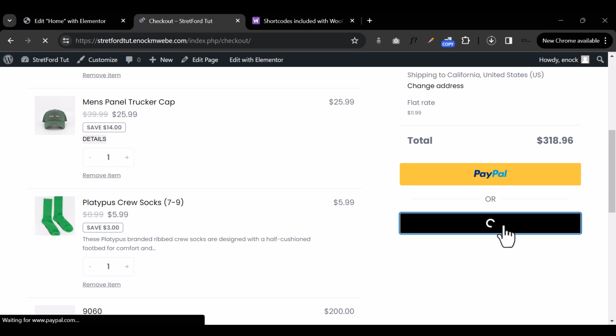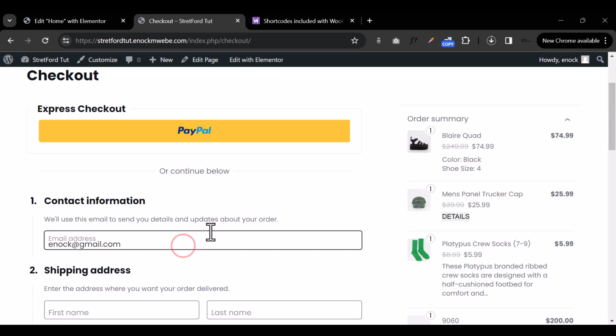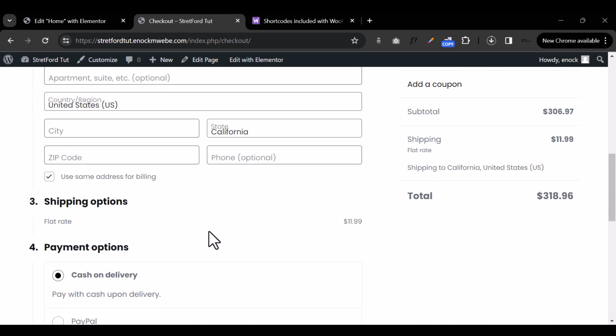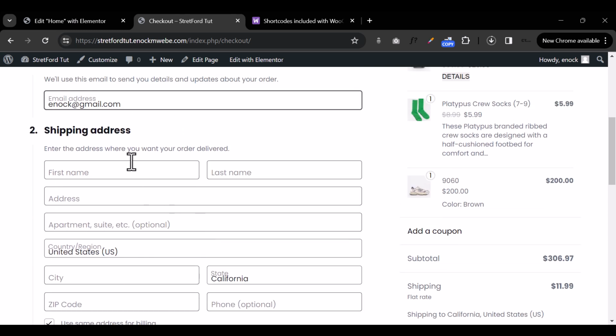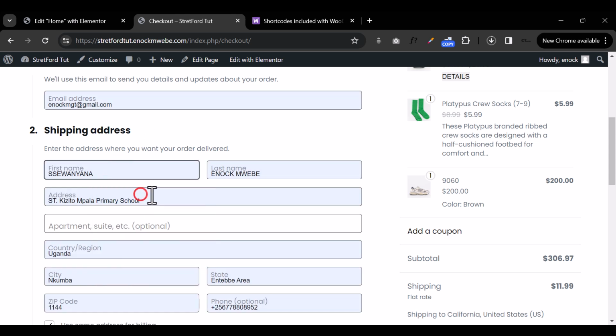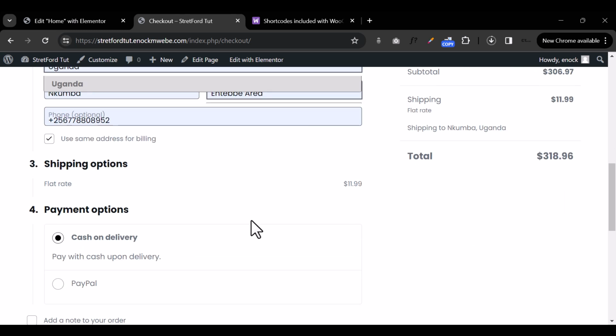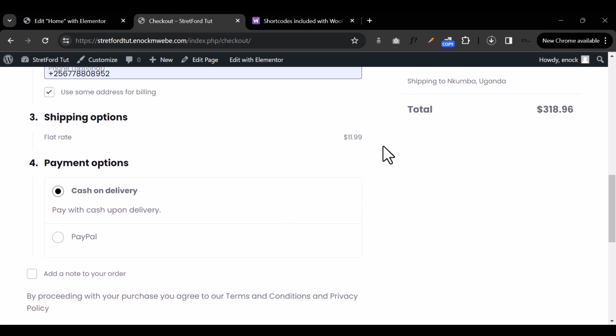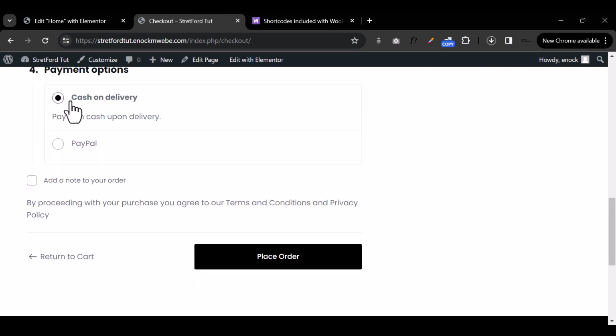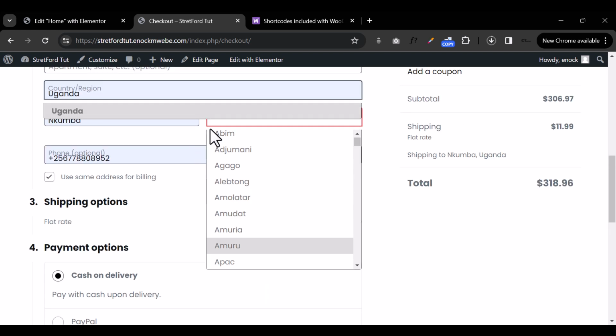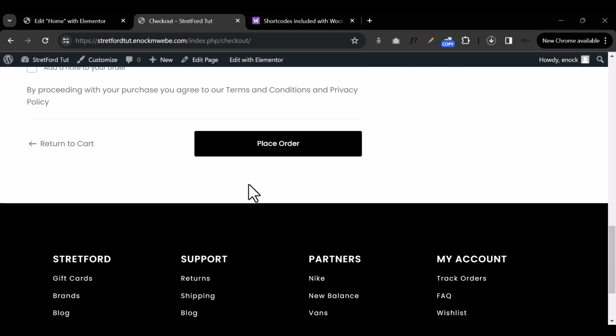Okay. So then the customer can add stuff like their email address, their names and everything. Yeah, all this information can be added. What else? And they can see their total of 318. They can choose a payment gateway of their preferred choice, and they can place the order. Okay, so if I click place order,